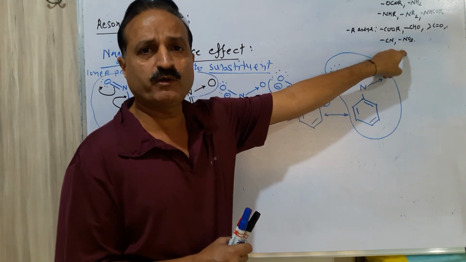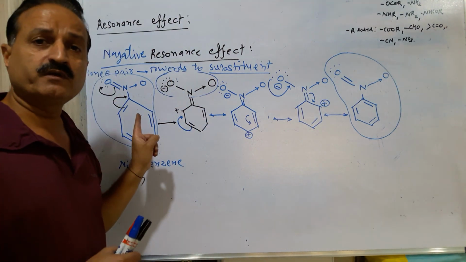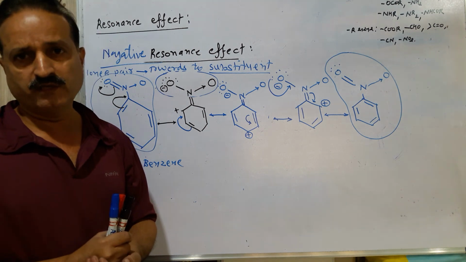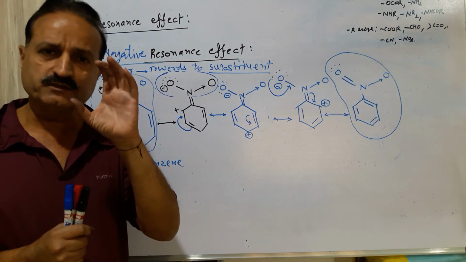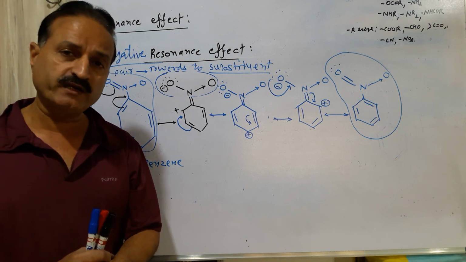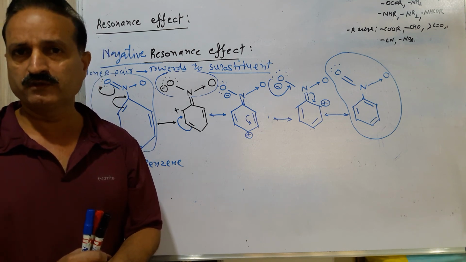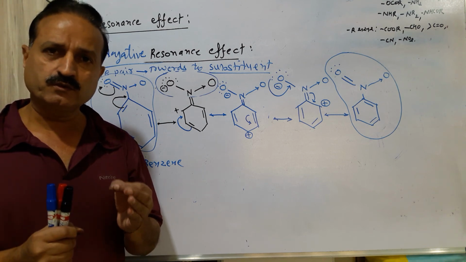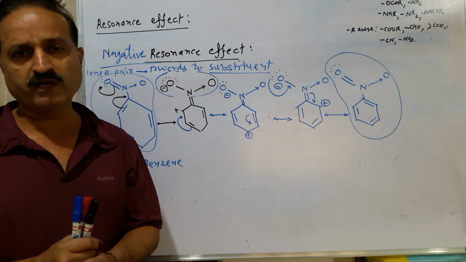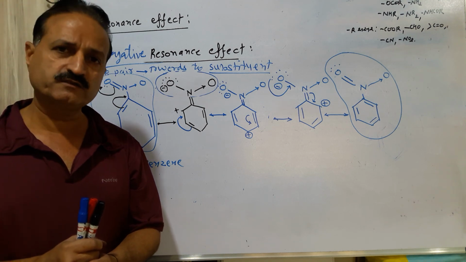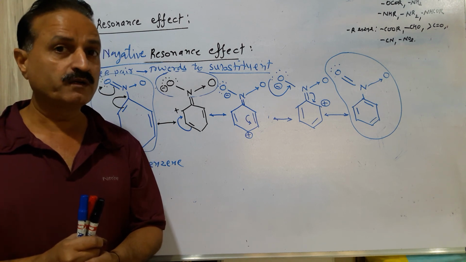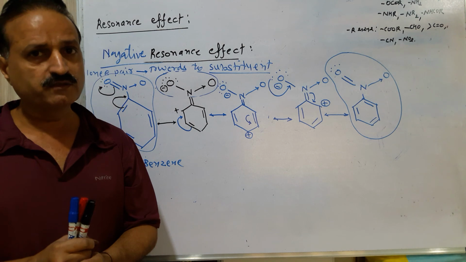We have taken the example of nitro, which is related to negative resonance effect. So we have clarified resonance effect. It is a very small topic in your textbook, but the explanation is very important. You must draw the structures one by one by rotating the electron or by rotating the positive charge, and try to remember and understand properly. Thank you very much.